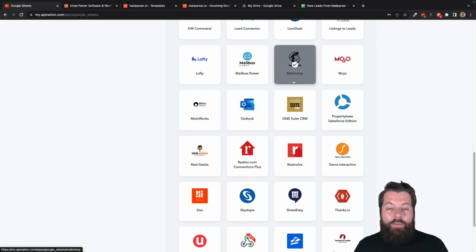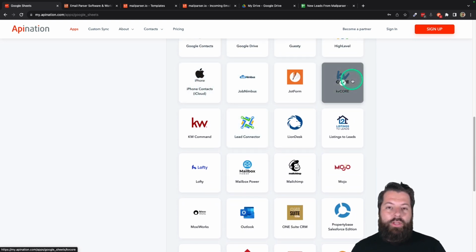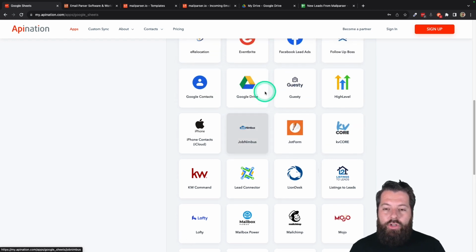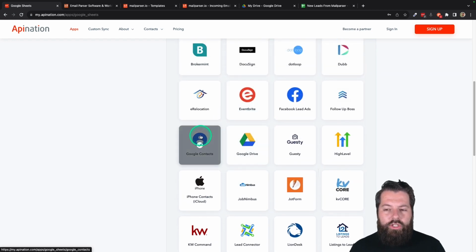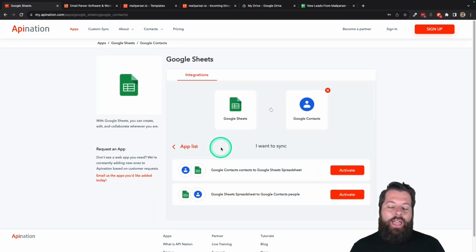All this stuff can be automated, and actually you can automate it into more than one app. So I could set up a sync into MailChimp and Mailbox Power and iPhone and my CRM. So it gets pushed into all 4 of those apps at the same time. I'm going to show you how to set up this sync. We're just going to go with Google Contacts for now. Pretty simple. It's going to sync everybody who gets added to that Google Sheet into my Google Contacts,